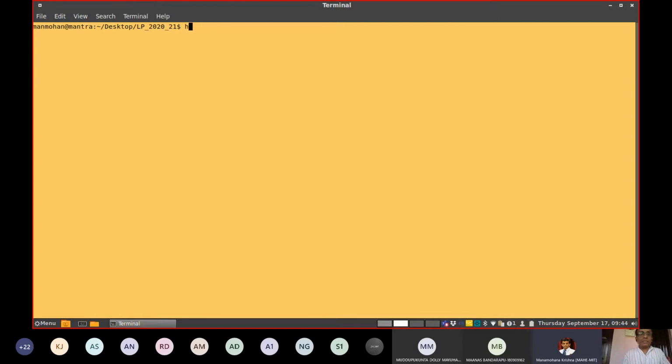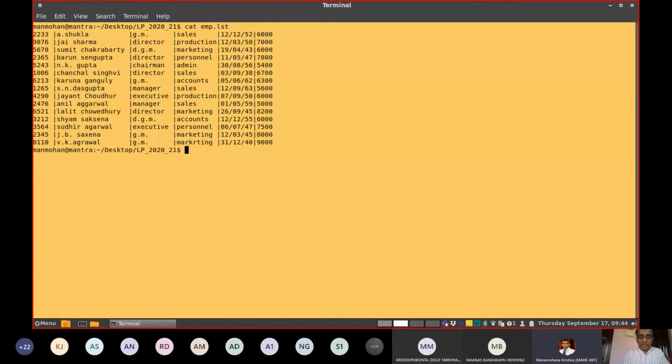Before that, let us print the original file also. This is the original file. Then I will experiment with head -n 5 and the file name emp.lst.